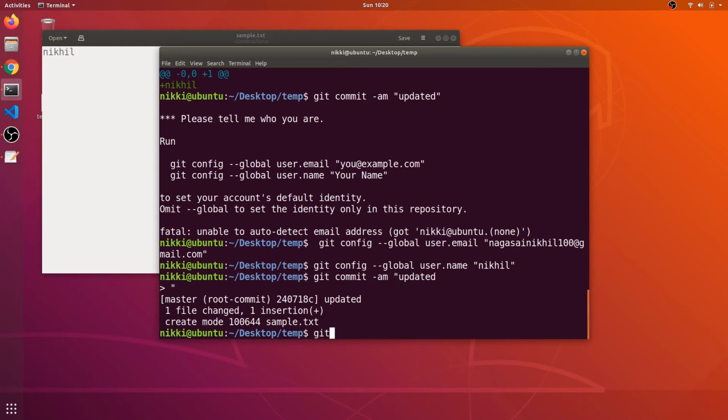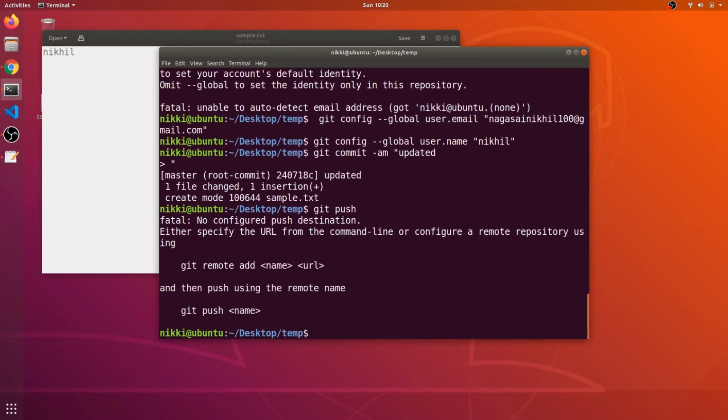Now if I want to push this into our repository, I can say git push. Either specify the URL from the command line or configure a remote repository. So we need to push using a remote name.